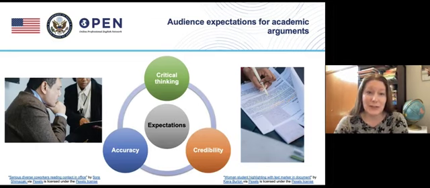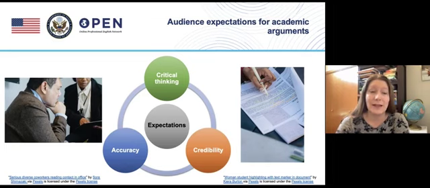As you know from previous modules, academic readers use critical thinking skills to question the accuracy and credibility of what a writer is trying to say. They look for reasons and evidence to be convinced of the writer's argument. They read the text critically, so they may agree or disagree with the writer. Also, academic readers want to make sure they understand how and why the argument is important. They want to learn from the argument and maybe even do more research on the topic, or do their own writing on the topic.